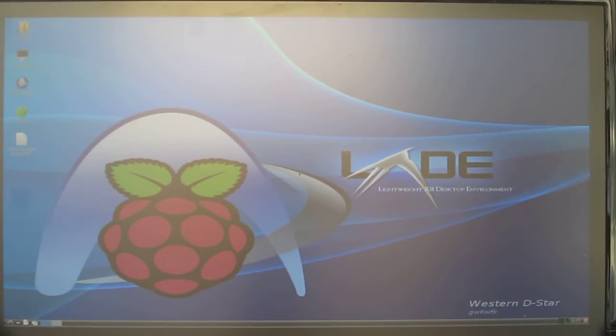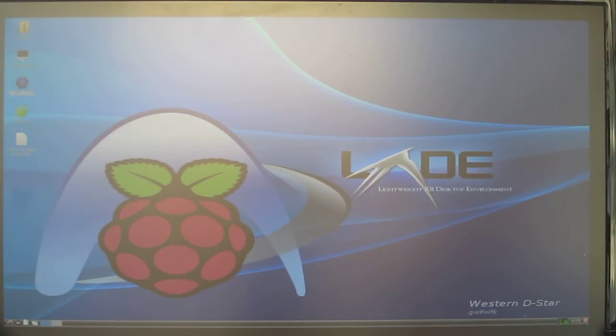So it was as simple as that really. I can't see the mouse pointer on this slide. There it is, okay. Alright, if we open the widget again,